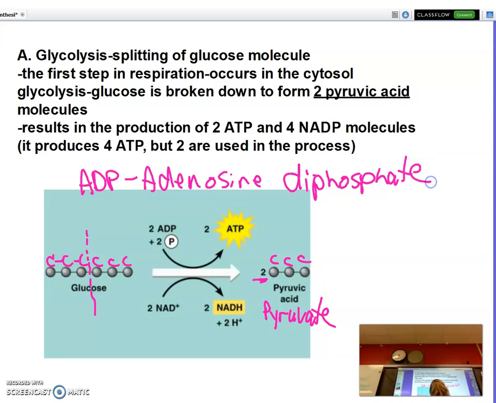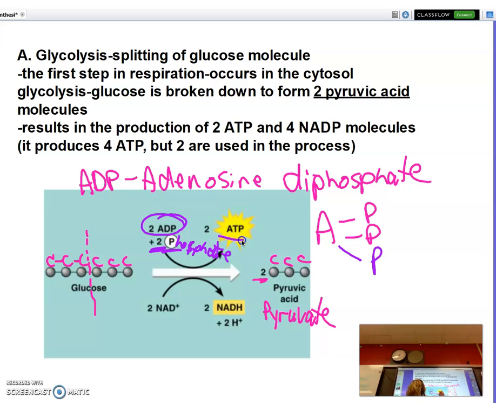So we're really starting with an adenosine with 1, 2 phosphates. And remember when we talked about ATP, or adenosine triphosphate, there's 3. So it has taken a couple of these ADP, so this is 2 ADP molecules, and added a couple of, this P is my phosphate, sorry, bad handwriting, to produce a couple of